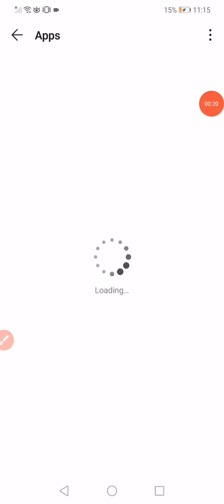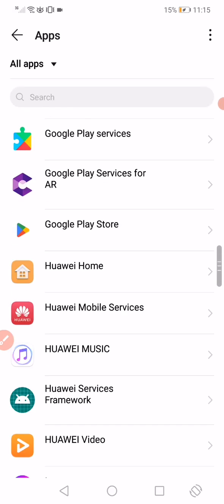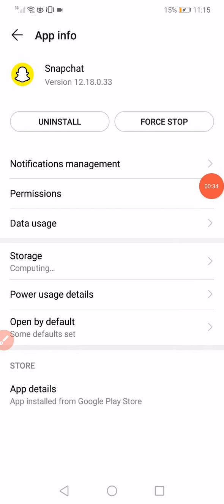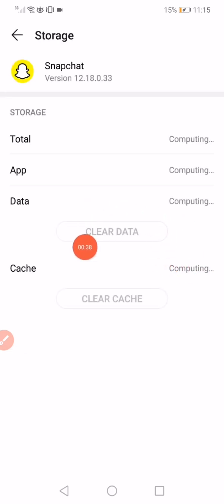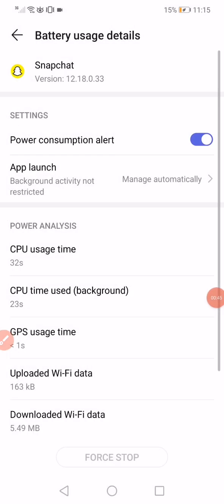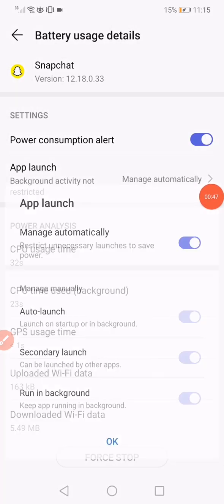When you open the apps manager, it will take you to this page where you will find all the apps that you have downloaded on your phone. Scroll until you find Snapchat. Click on it like this, and then what you want to do next is click on the storage option, click on clear data, clear cache, go back and then click on power usage details, click on app launch and